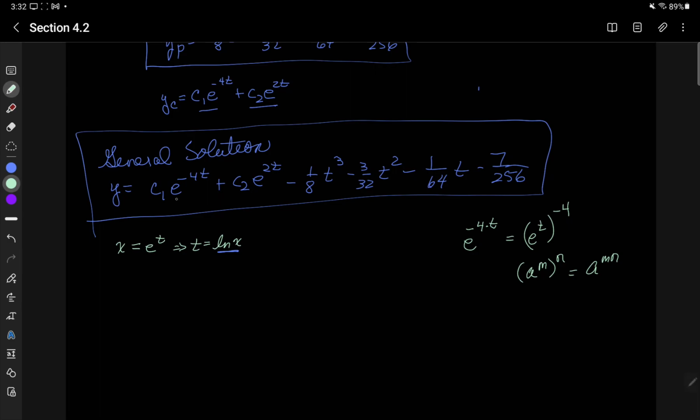So for these e to the 4t and e to the 2t, I can write them as e to the t raised to that constant power. And then where I have these t's, I can just substitute in log of x. So my general solution in terms of x is going to be y equals c1